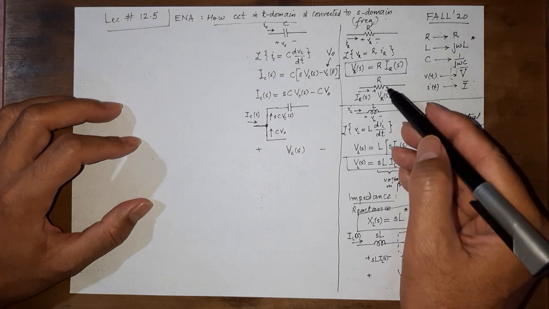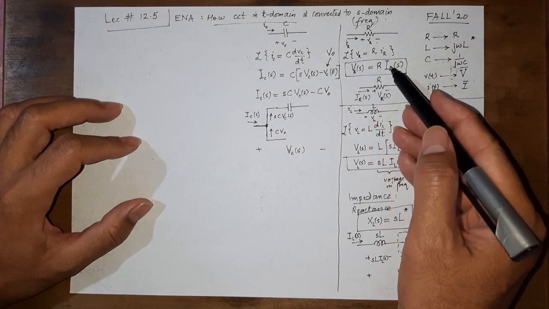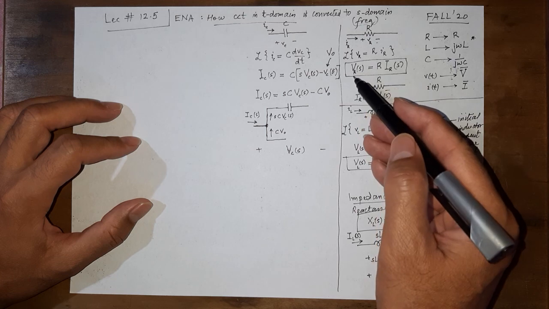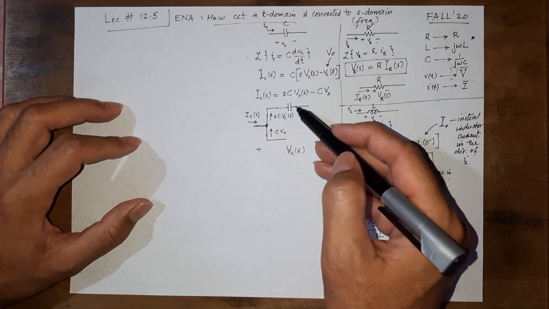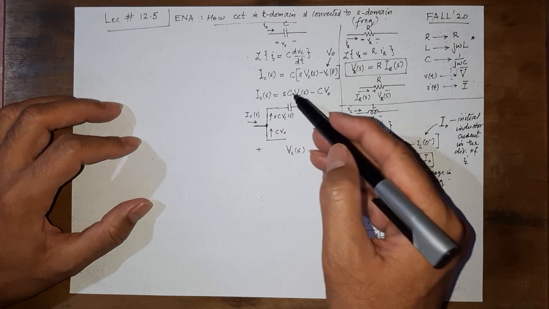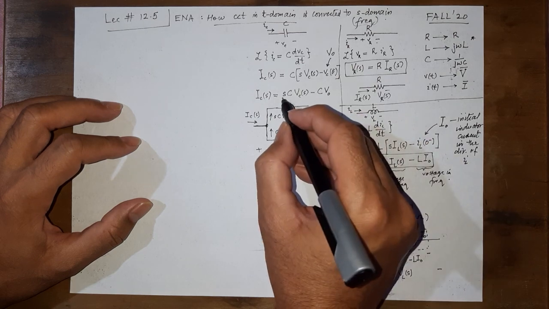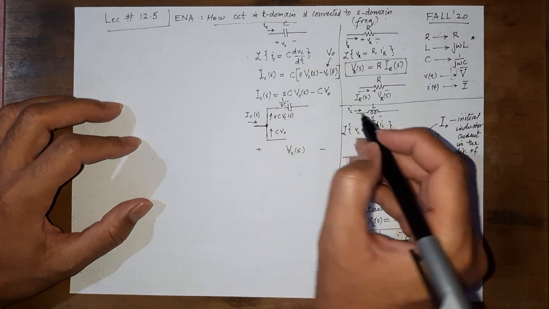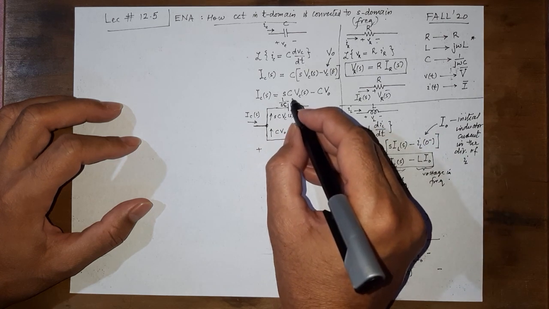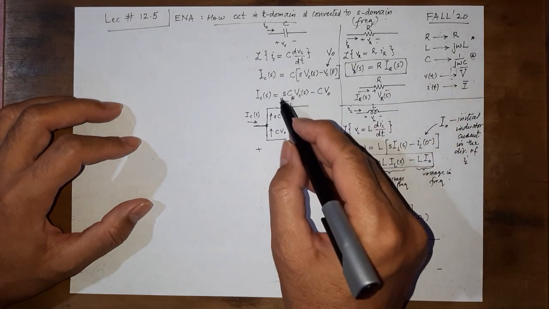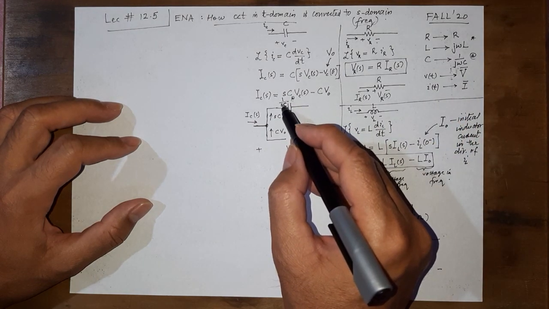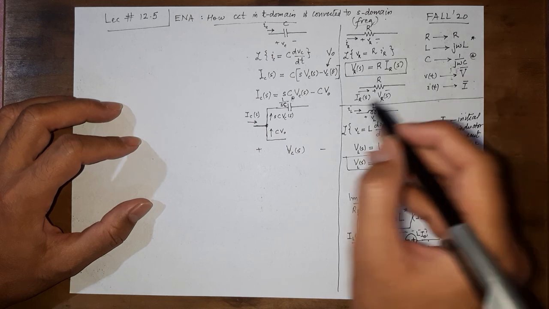So remember this form: V is equal to Ri, then I is equal to V over R. So I is equal to V over R. So what is this when brought to the denominator? It is 1 over SC. So compare this thing with this thing. 1 over SC. If you replace S by j omega, you get this thing.